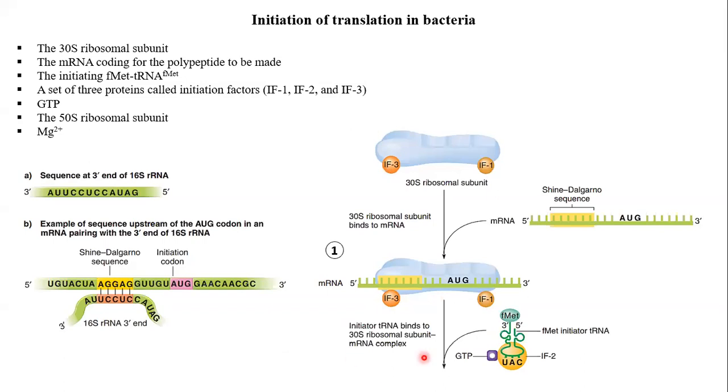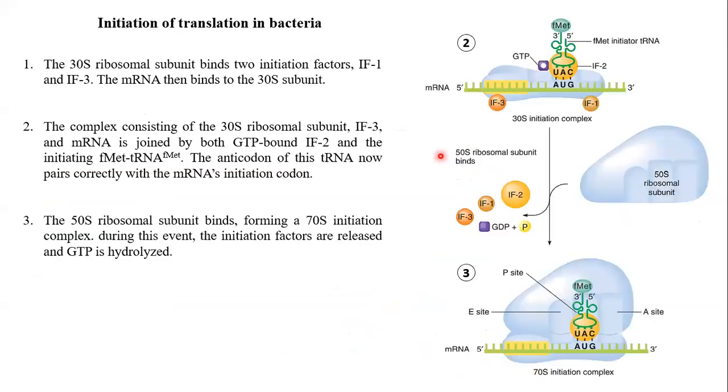Now the second step. In the second step, we can see here the initiating transfer RNA. This transfer RNA, which has F-met, is attached to the IF2 bound GTP. So this transfer RNA gets bound by initiation factor 2, and it has already bound GTP. So this is the second step. The F-met transfer RNA, bound to IF2-GTP, binds to the P site of the ribosome. It is correctly positioned.